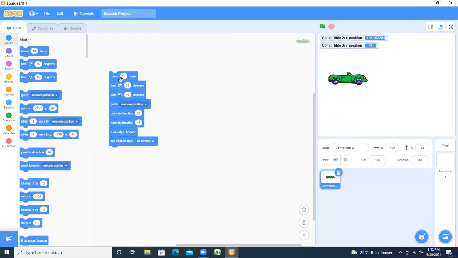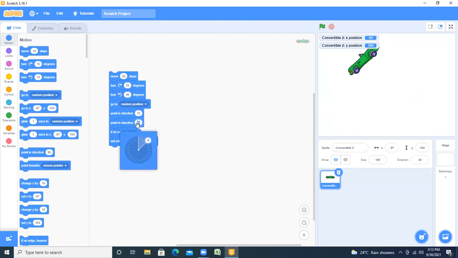Now, one by one, I am clicking here and you watch the output. What is the movement here? This is the movement: 20 steps, it moved, turn 20 degrees again. Now you watch, turn 40 degrees again. Now go to random position. Randomly it moved anywhere. Point direction 70 is 70 degrees.